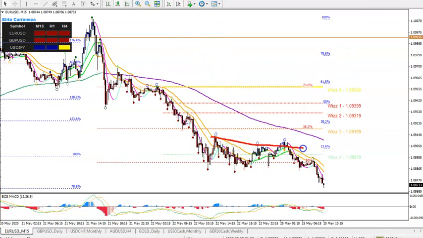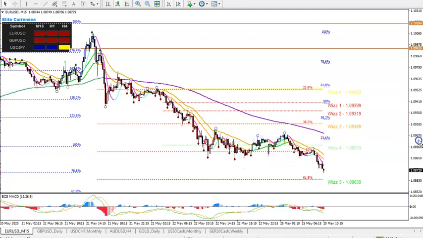And we do see a nice little triangle that took place earlier today. And then we had a break, flag, and continuation. So price is moving away from the entry zone already on the 50-minute chart too. So I wouldn't jump into trade here, but there is a 61.8 fib and a WIS 5 zone that could